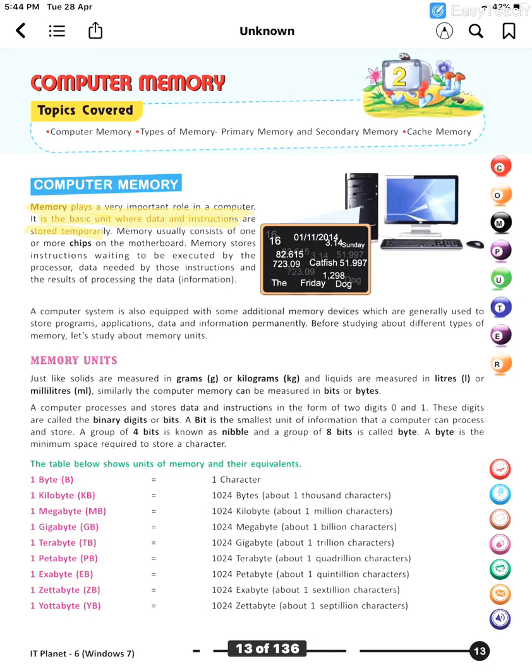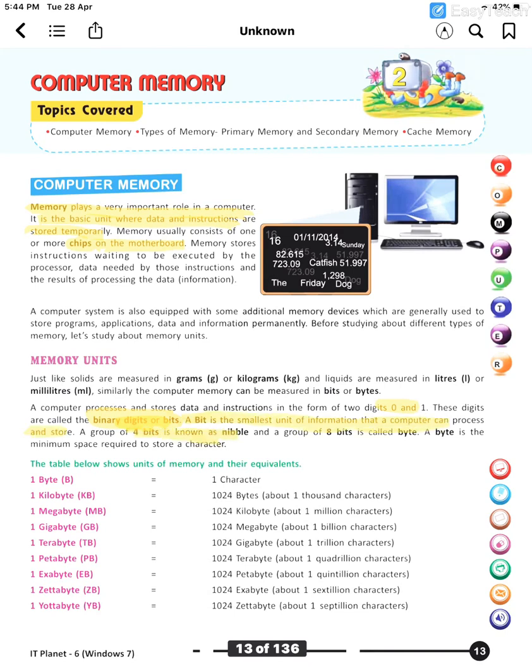Now all the memory is stored in what we call chips. This chip is present on the system board, which we call motherboard. Now we can measure memory also. Like we can measure weight in the form of kilograms and grams, we can measure memory in the form of bytes. So basically memory is stored with the help of binary digits, that is, each binary digit contains 0 and 1, and a bit is the binary digit, or bit is the smallest unit of information.